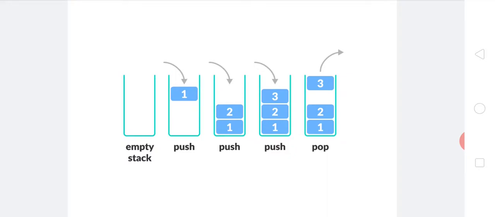The basic principle of stack is last in first out. As we know that LIFO means last in first out. The last element inserted is going to come out first. The last element is 3 which goes out first. Afterwards the second element will be removed from the stack. Then afterwards the first element will be popped out or removed from the stack.